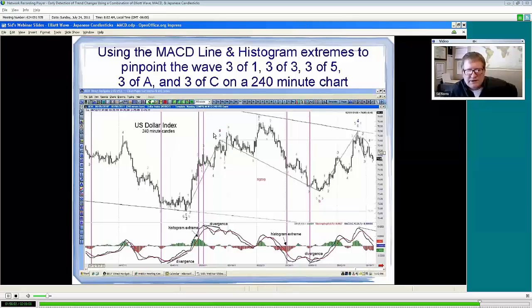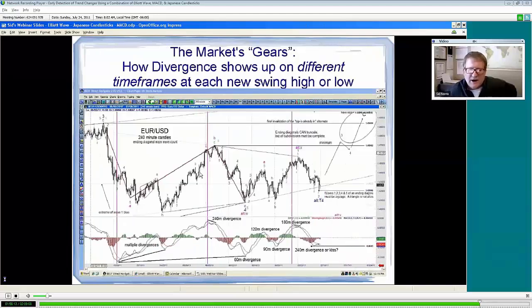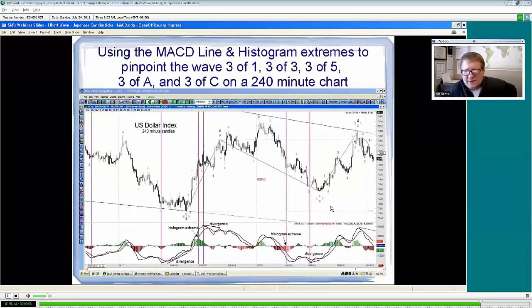Then this is an example of an ABC, B, C, potential expanded flat, although amazingly enough, as it turned out, that isn't exactly what I think this was. It's just as likely that this was A, and then we had A, B, C, D, E of a triangle. So even though I didn't know for sure what the count was here,